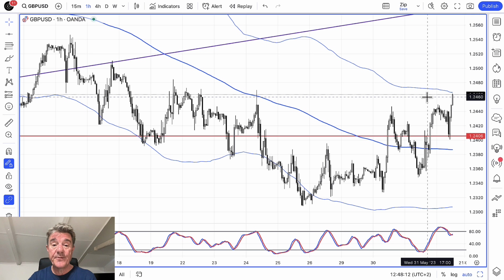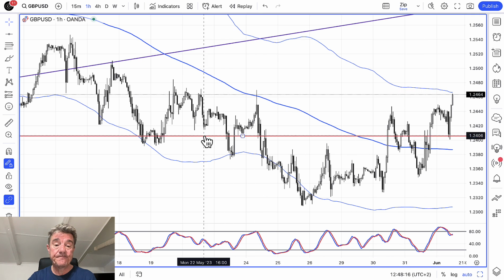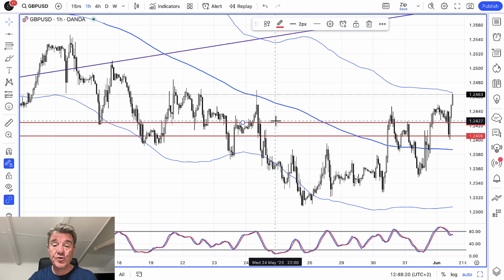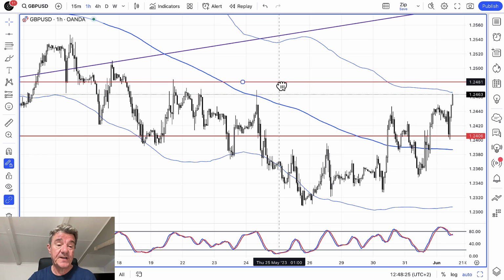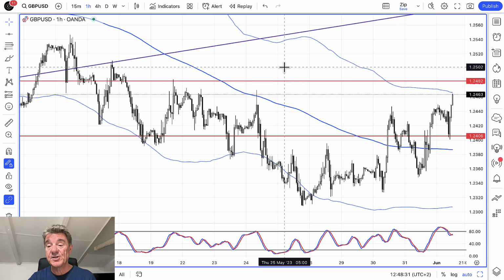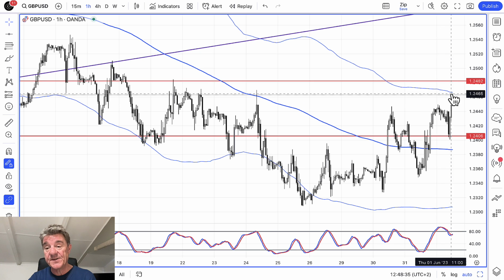The overall weekly direction is low as long as we're below 1.25. Remember we said from the weekly chart, so we can draw a line in at 1.25. Let's be precise. That level there is the weekly high from last week, so we don't want to be above there. As long as we're below that red line,